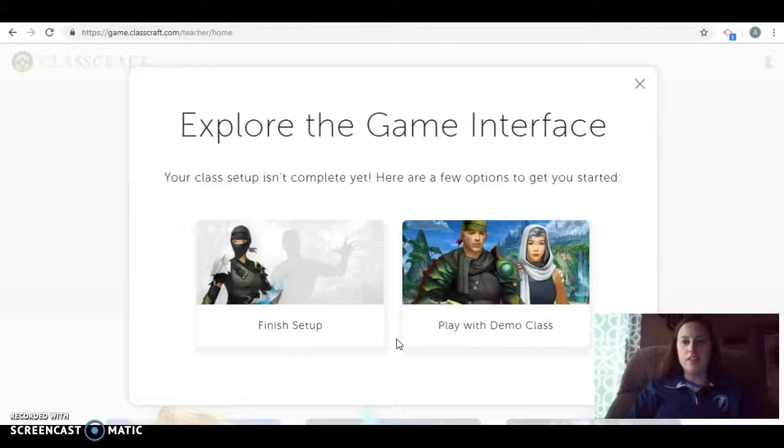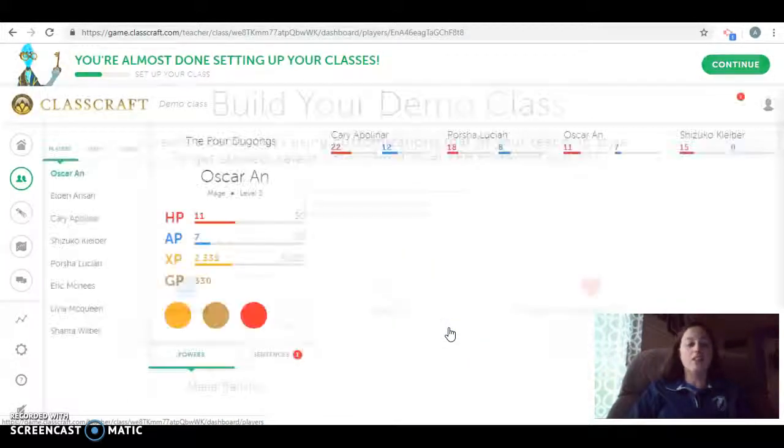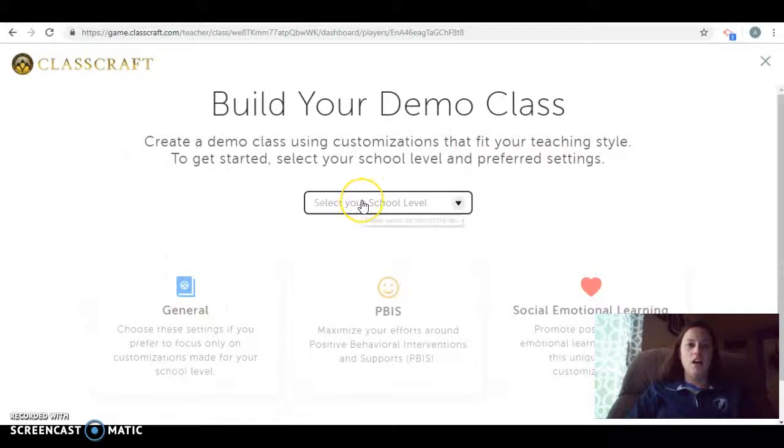Since I don't have a class set up quite yet, since I'm new to this, I kind of looked at it last year but didn't really get that much into it. I just kind of stopped, like, oh, here's this new activity, this new resource, but I didn't have time last year to really play with it. So it's still relatively new to me. So what you would do is if you want to